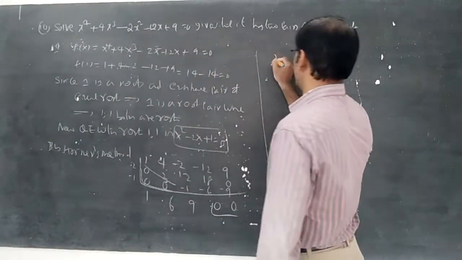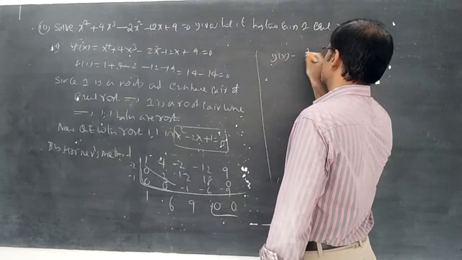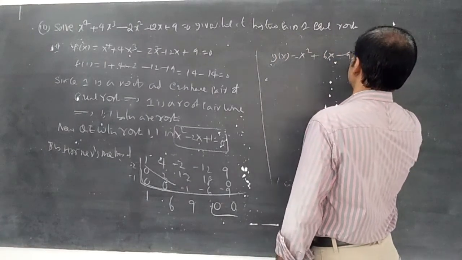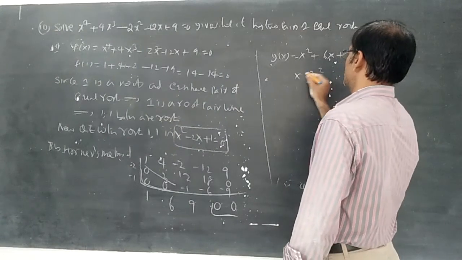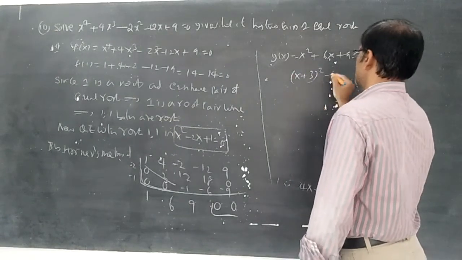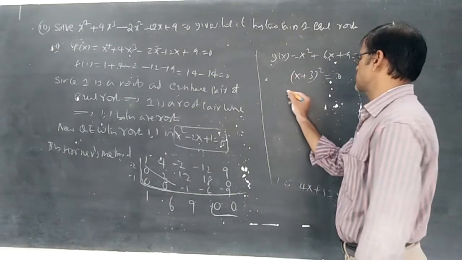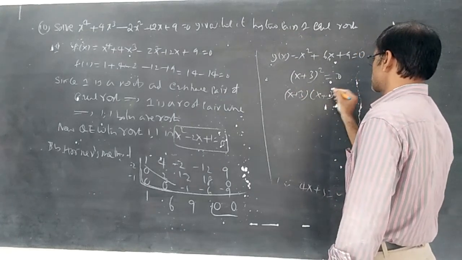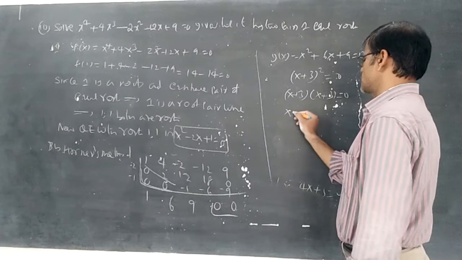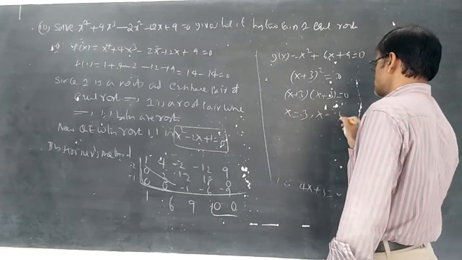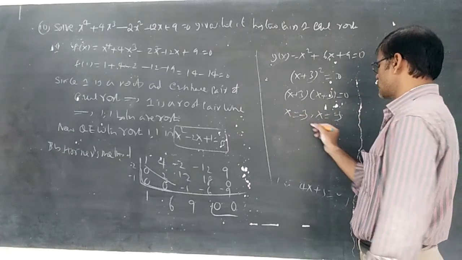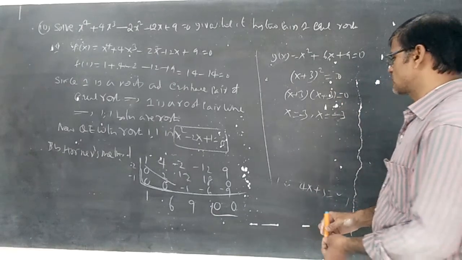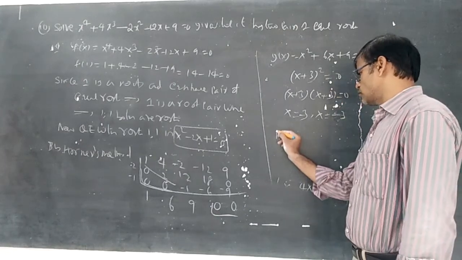So, g of x now you can write. g of x is equal to x square plus 6x plus 9 equal to 0. Try to understand here. x plus 3 whole square is equal to 0. So, x plus 3 into x plus 3 equal to 0. You can understand, x is equal to minus 3, x is equal to minus 3. Because he said the condition that we are having two pairs of roots are equal. Now, roots are